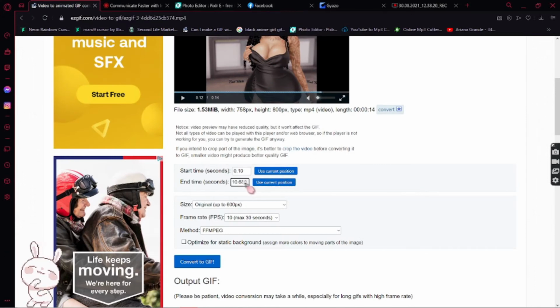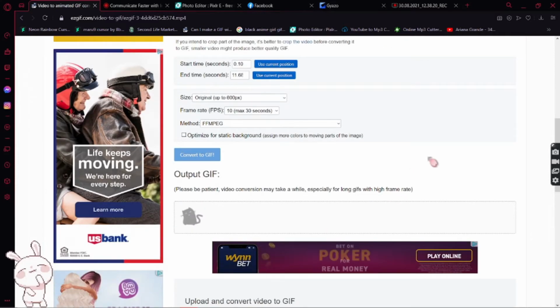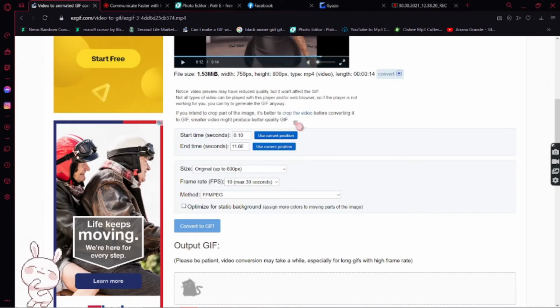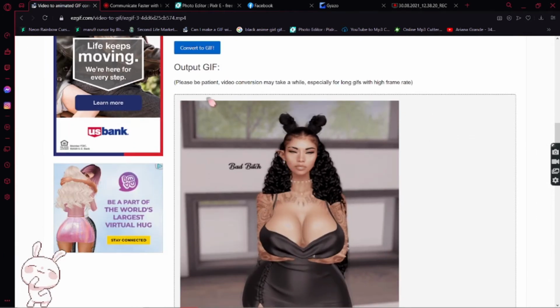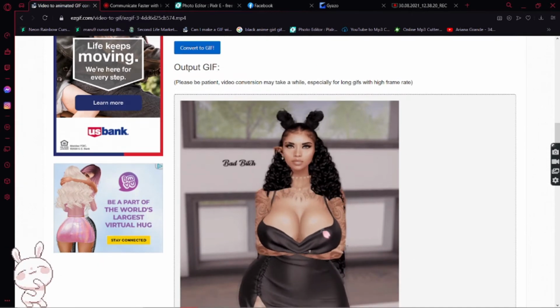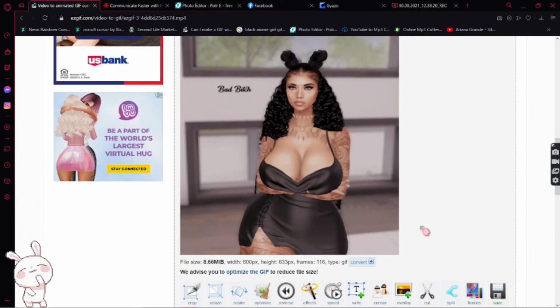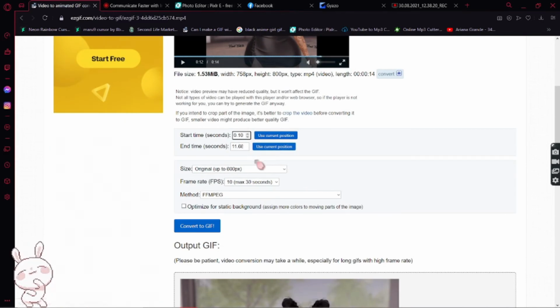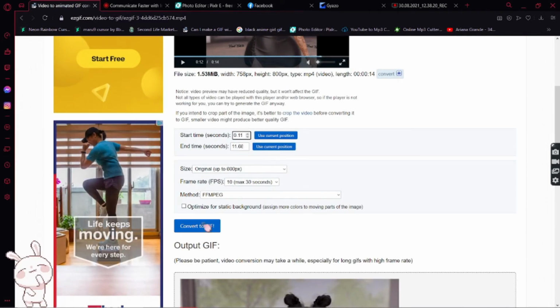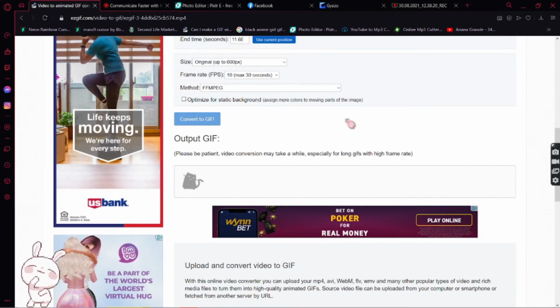I think I'm gonna change this to like 11 and convert it again. You can always go back up here and edit, and whenever you convert it or do anything like that, it'll pop up down here. So maybe not 10, maybe I'm gonna just do 11. See if that works.